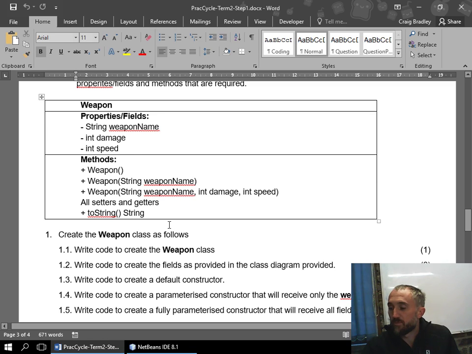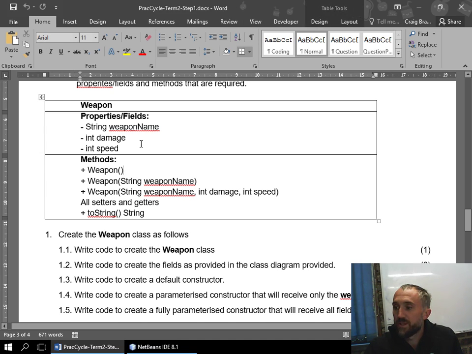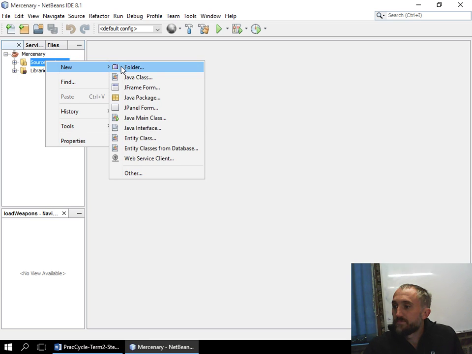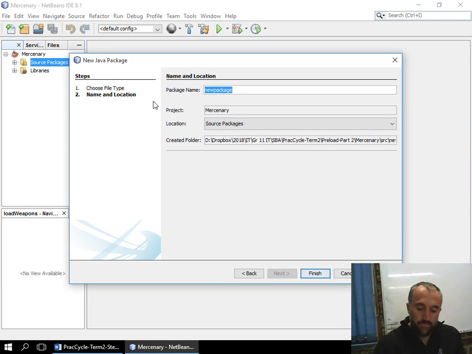I'm going to do this quite quickly because I don't feel that you guys need too much help with this. You should have all got 100% here. I think the only area that potentially people would have lost marks is making sure that they initialize their fields correctly up here. So now, I'm just going to create a package quickly,